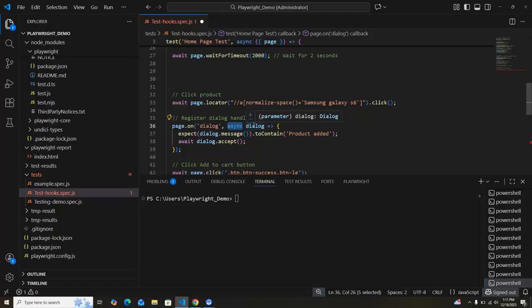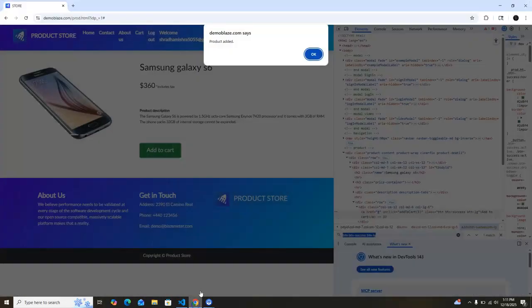So that means this must be done before clicking add to the cart. So dialog box, here we need to understand what a dialog box is. A dialog is a browser alert, or we will use the confirm box or prompt. For example, here it is showing the product added, right? So product added, that means